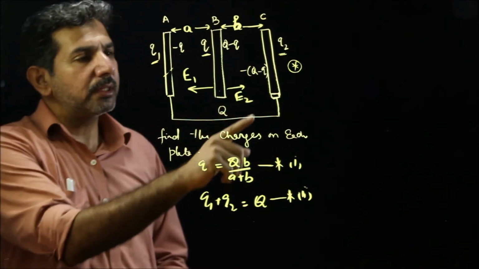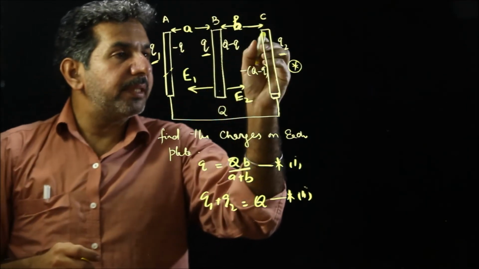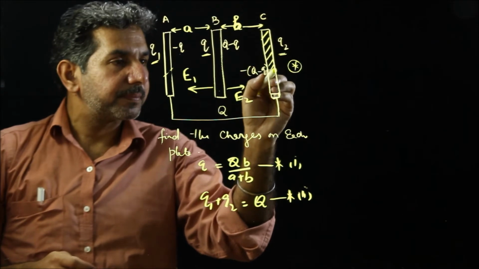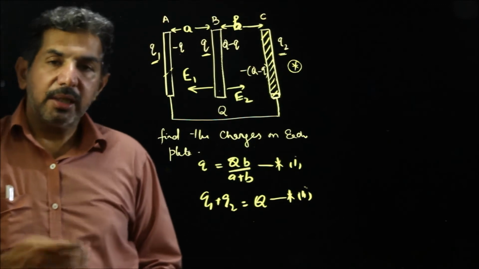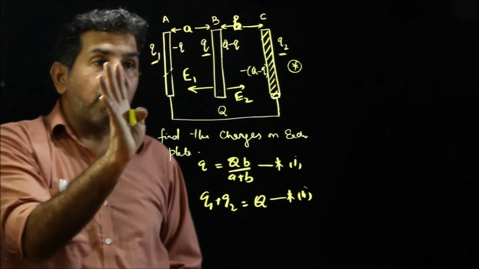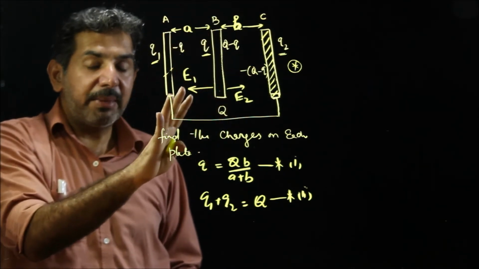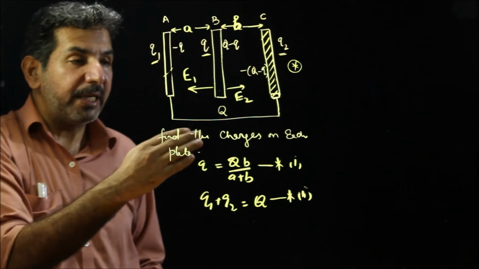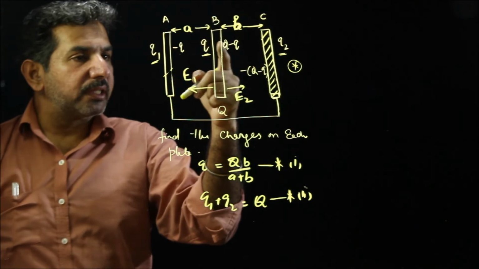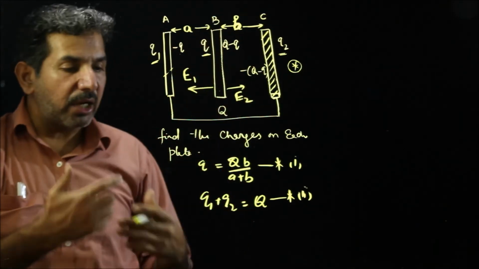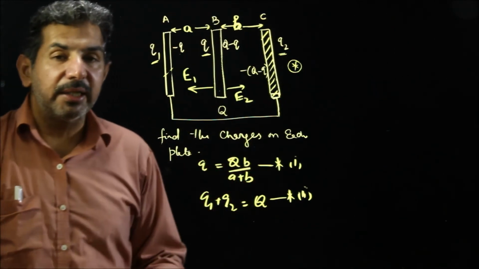Suppose we are talking about the C region, let me shade this region. The electric field within this region is 0 because of all the charges in the vicinity of it. I mean, superposition will be applicable here. So q2 is positive, q1 is positive, this is negative, positive, positive, negative. We are going to use the polarities, and then we are going to take the directions.